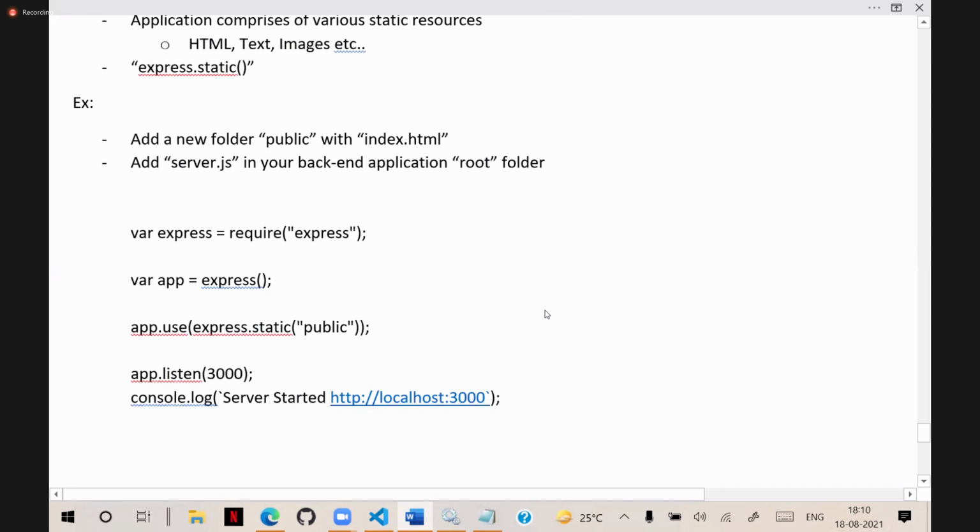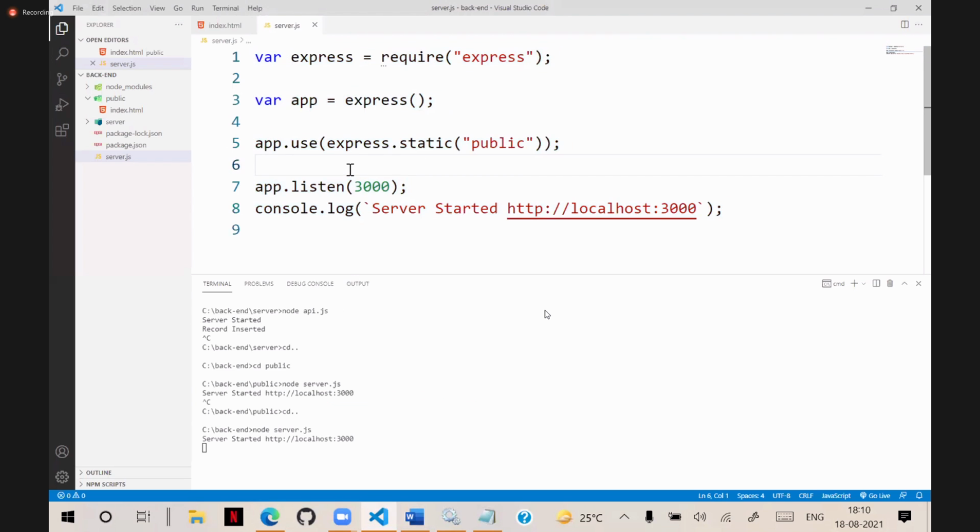That means if the user requests the home page, it should come. When the user requests electronics, that page should come. Such options we need to manage. Generally, for that we have to create an API path. Routing I already told you, we need to configure the routing.